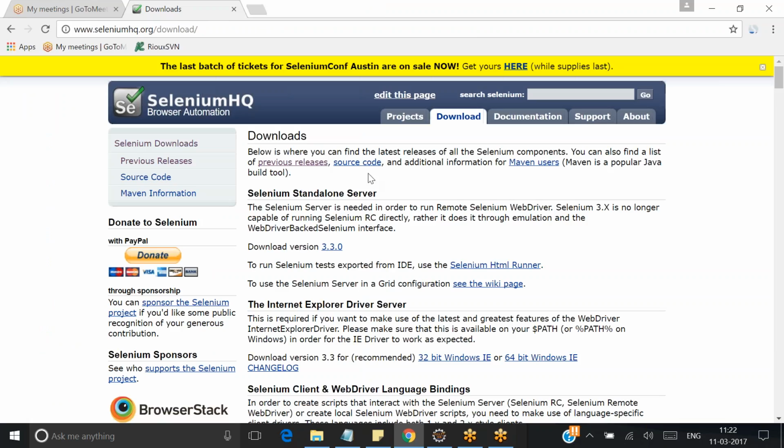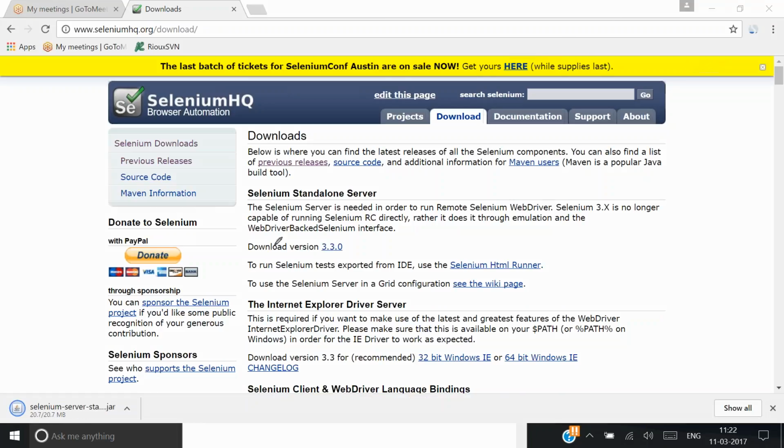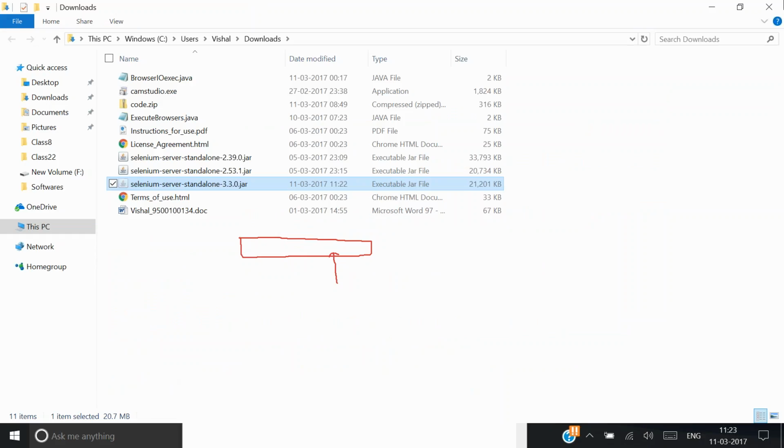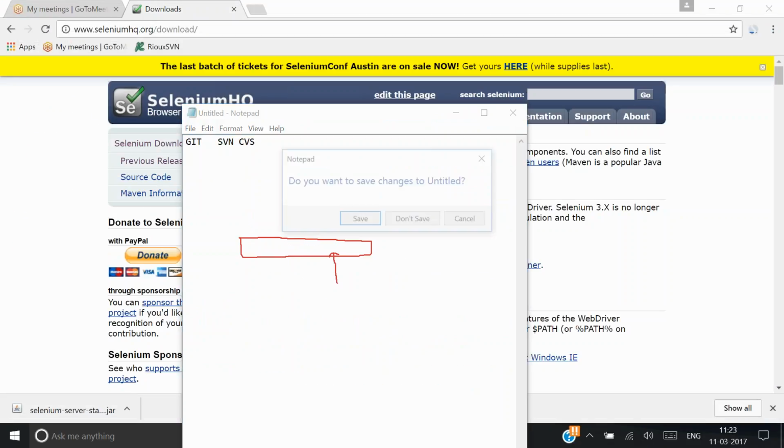Okay, guys. So as of now, I'll just download this latest version. Download 3.3. This is the download button that I have clicked right here, and it got downloaded for me. I will say keep. So I have the Selenium standalone jar in my computer. I'm just copying it. Once I copy it, I will put it into my